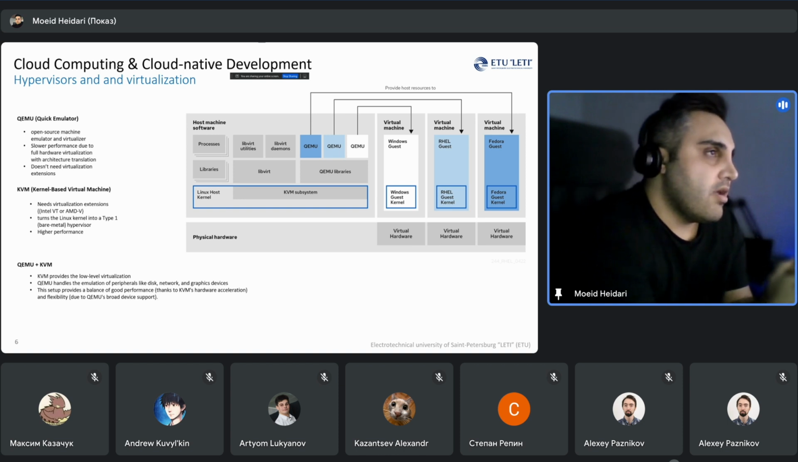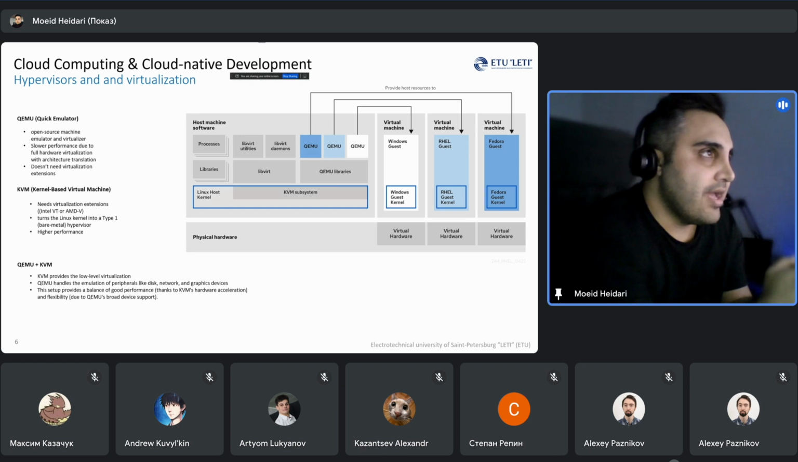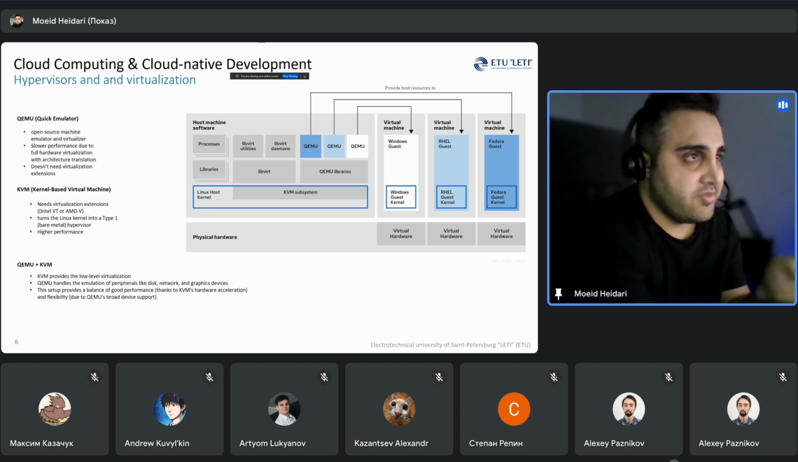So there might be some other libraries in this level also, but the most important of them are just libvirt and QEMU libraries. And then we have the processes. We can have different processes being initiated to work with this system. Libvirt utilities, libvirt daemons as a Linux service, a background service which is working all the time to make this communication available between your host machine and the virtual machines. And one of the most important things being controlled by this system is the networking of your virtual machine,